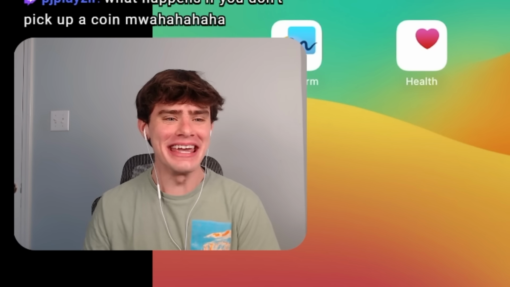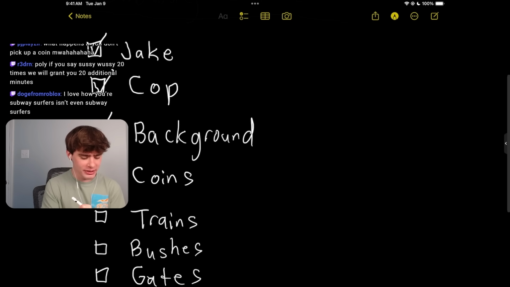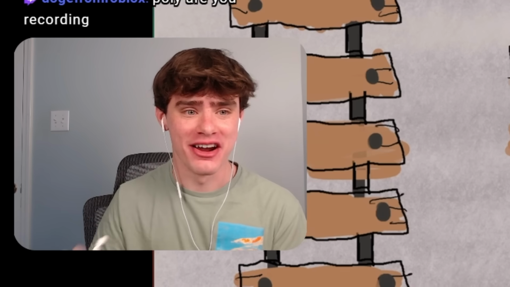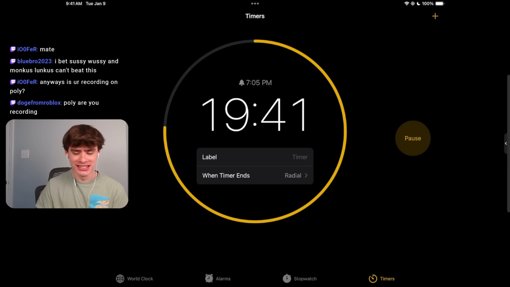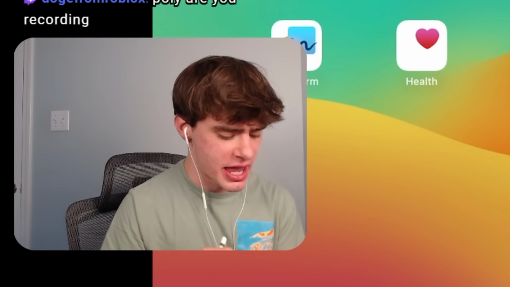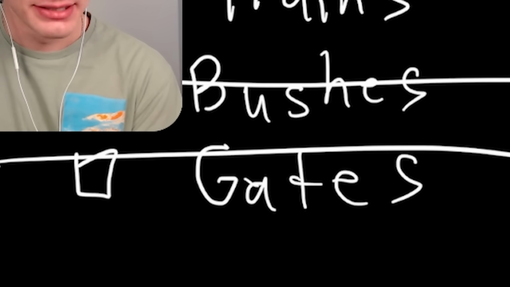24 minutes. We can do this. I promise we can do this. Coins are completed, but we have no hazards. There's no way to lose in our Subway Surfers recreation, and we have less than 20 minutes. So let's just go. Let's add the most important thing. We probably don't have time for bushes, for gates, but let's focus on the trains because that's kind of the